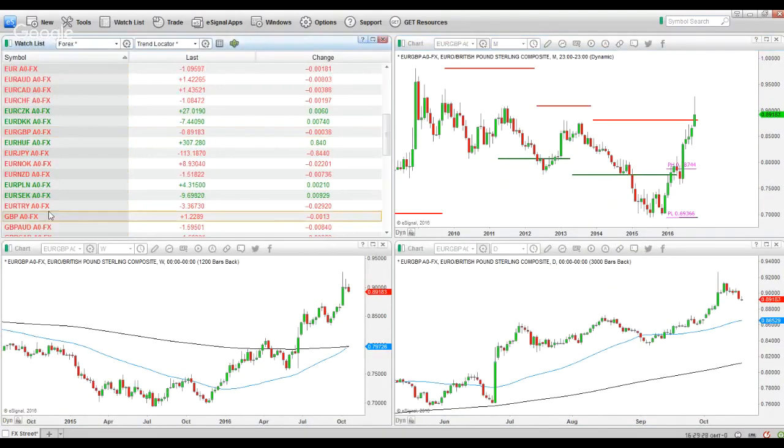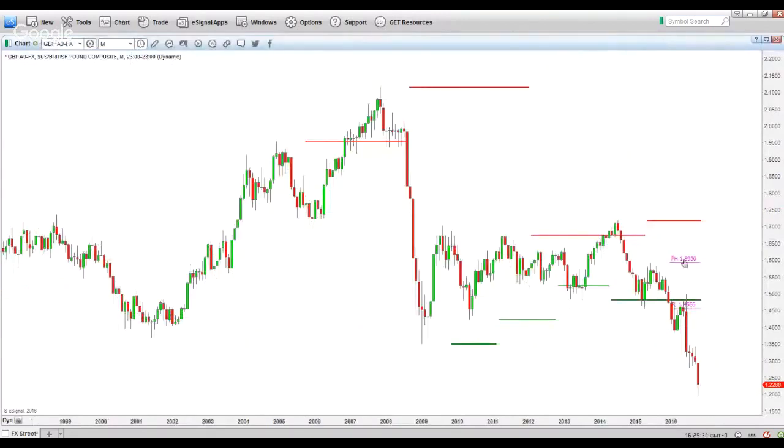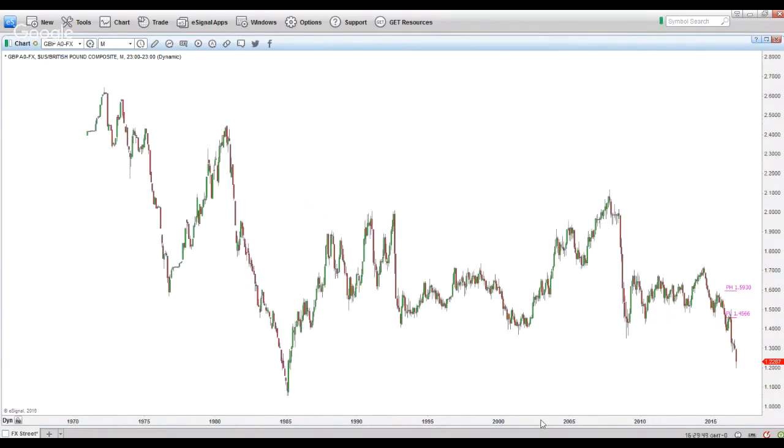If we go to the pound dollar, we can see that it is trading below the pink line, so it has a bearish bias. I've been short since around 1.4, so I've got positions running for almost 2,000 pips. Price is trading below all of these major pivot levels. So where is price likely to head towards? Well, if I compress the chart, we can see that the 1985 low is the figure 1. So there is a very good chance that price may weaken another 2,000 pips to the figure 1. Remember, that's the direction I want to be going in as a trend trader.